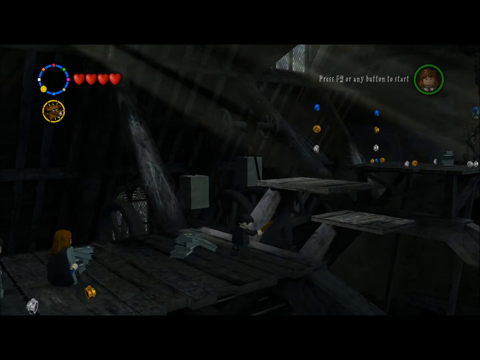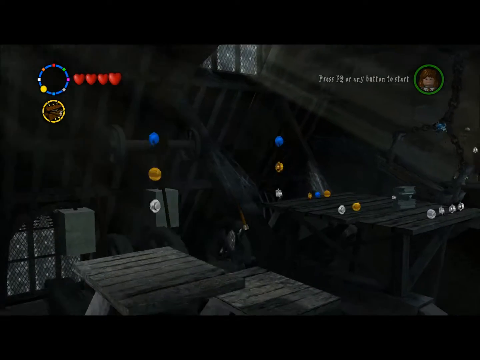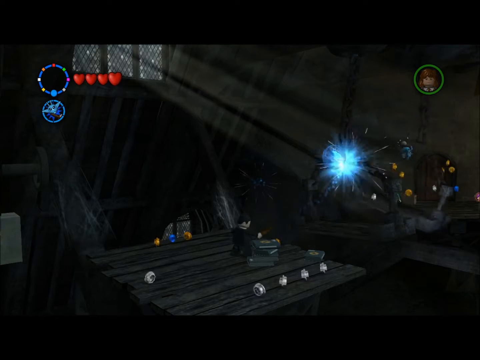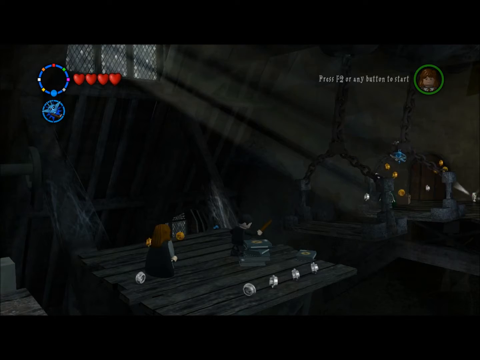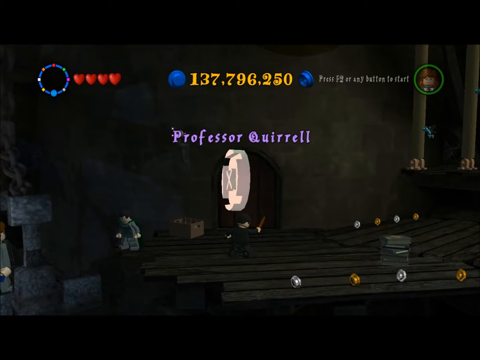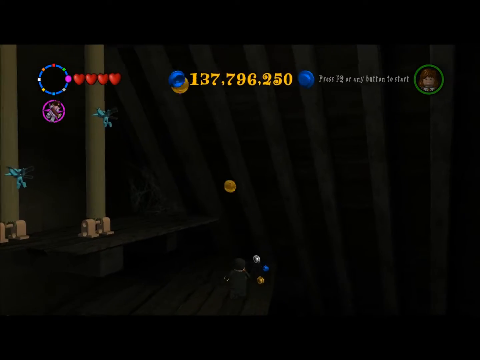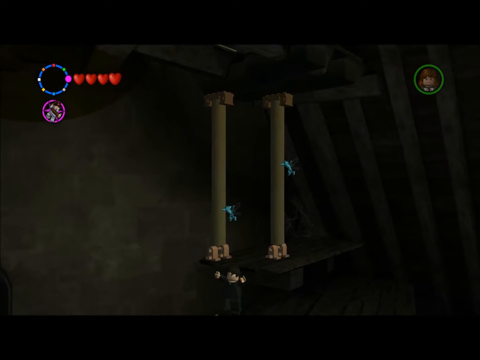Might have to end the episode here soon. Well, I think I'll finish off this room and then we'll end off the episode. Okay, there, it kind of fixed itself. Alright, we made it across, and there's Professor Quirrell. Now, Professor Quirrell does not have dark magic. There's actually a different version of Professor Quirrell that does have the dark magic, so bit of a spoiler there, but